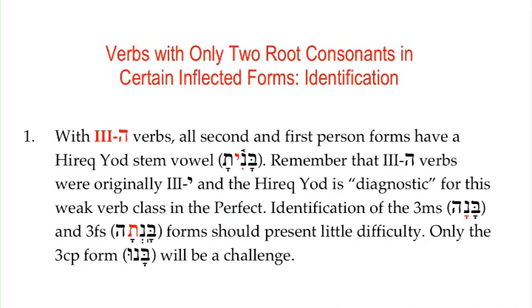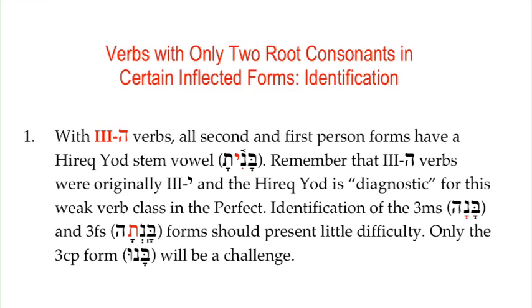Look at your screen with me. Weak verbs with only two root consonants in certain inflected forms can be identified or distinguished one from another by, number one, let's look at third he verbs. All second and first person forms have a Hirik Yod stem vowel. Remember that third he verbs were originally third Yod, and this Hirik Yod is diagnostic for this weak verb class